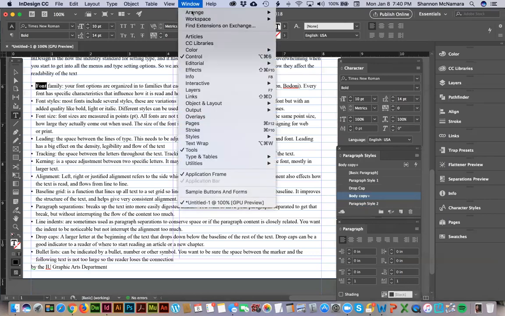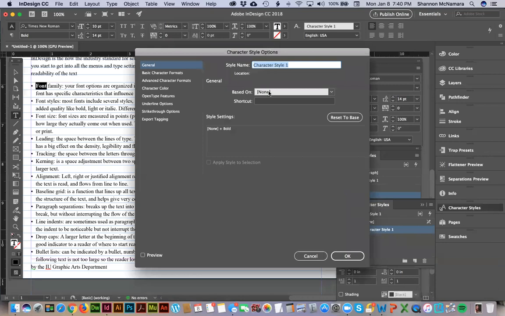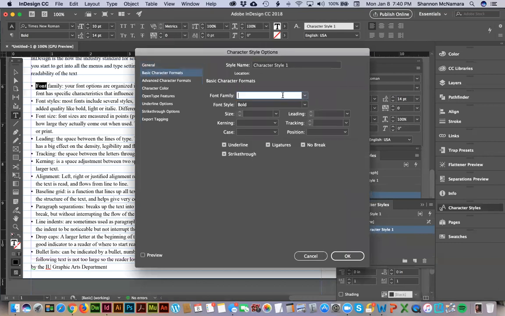So go up to Window, Styles, Character Style, and do a new character style, not paragraph style. And double click. Based on none, that's fine. None plus bold is fine. Basic character formats. I'm going to do Times New Roman bold